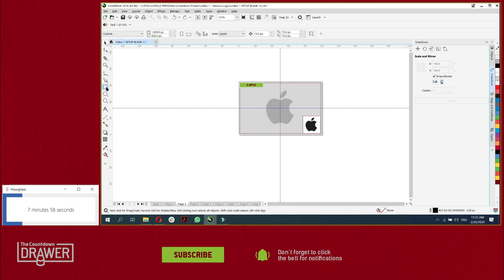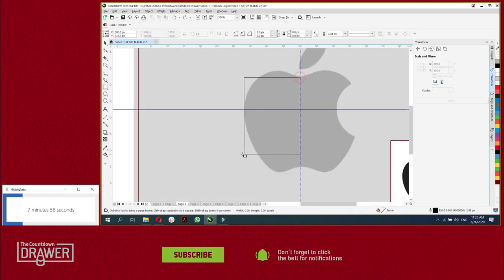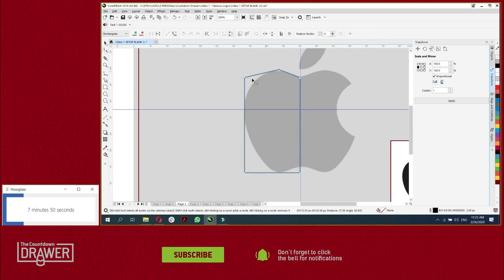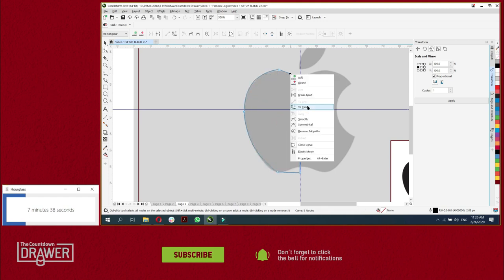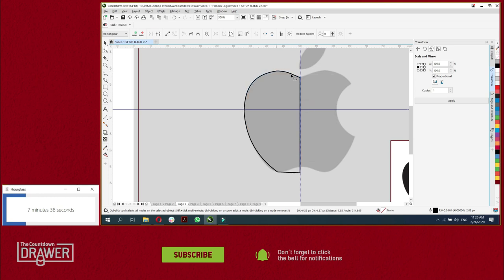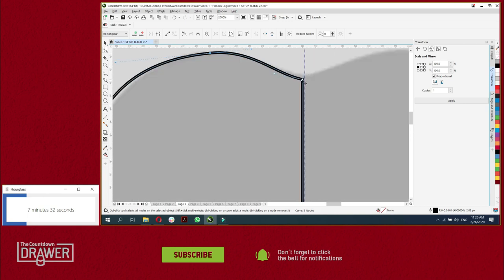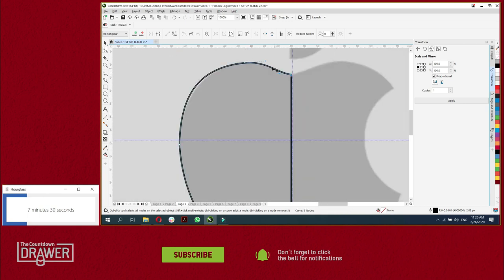Third, the Apple logo. Here I'm starting with the rectangle, but I'm converting it to curves in order to add more nodes. Nodes are these points from which I can manipulate the shape. By right-clicking on a line, I can convert it into a curve, as you can see here, and then make straight shapes into curved ones. And the nodes, you can see that they have those handles, and using those handles you can manipulate the exact way in which the curves